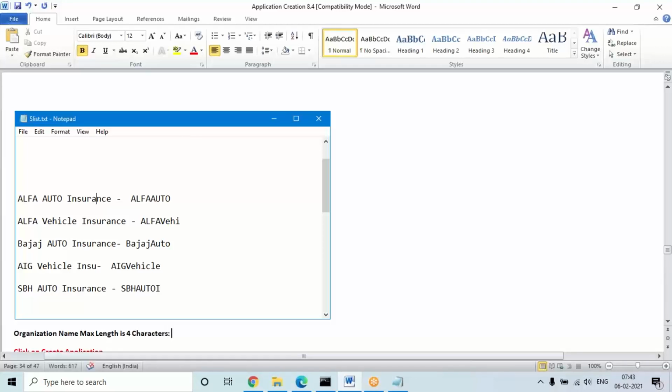For example, alpha, city, not more than that. If you give other names like Bajaj, it will only take BAJ. Or if you give something shorter, it will take that; less than 4 characters also works. So 4 characters or less than 4 characters.